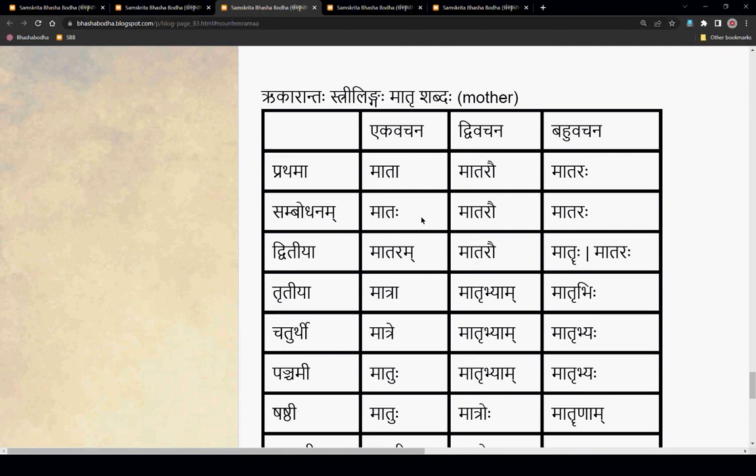Hey is additional. As you see, the word hey is separate and not part of Sambodhana, but you can just use it, like hey Mataha. Only Mataha is the word for the Sambodhana Rupam, but you can attach hey when calling somebody. Hey or aho or bho. In Sanskritam bho is used. Hey, aho, hai, many words are used to say hey. Hey Mataha.